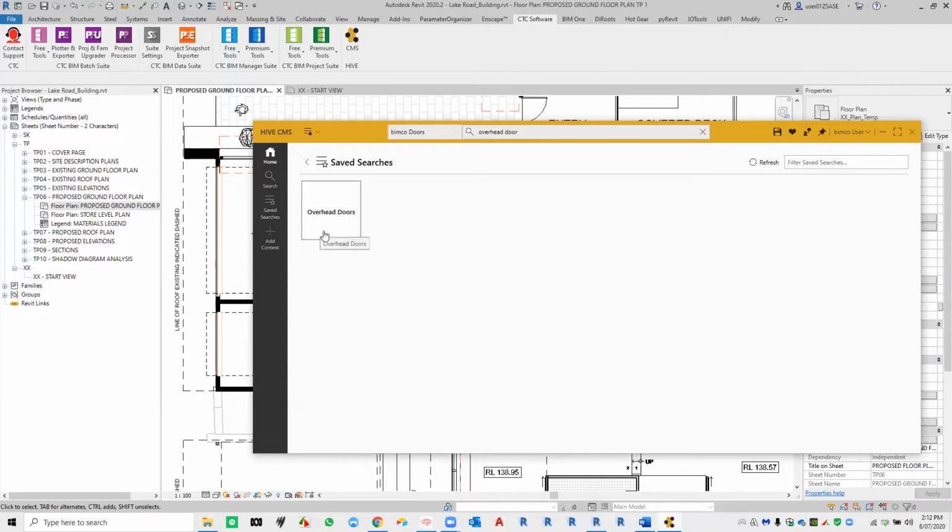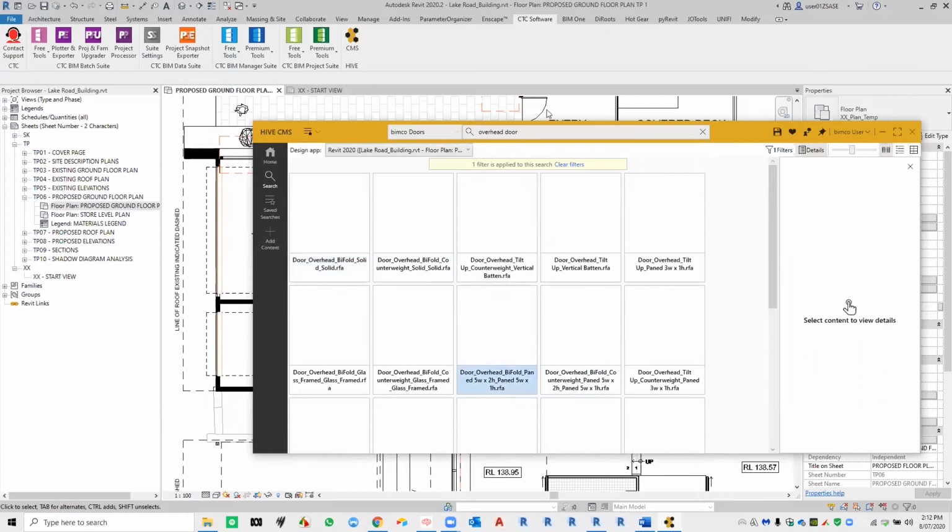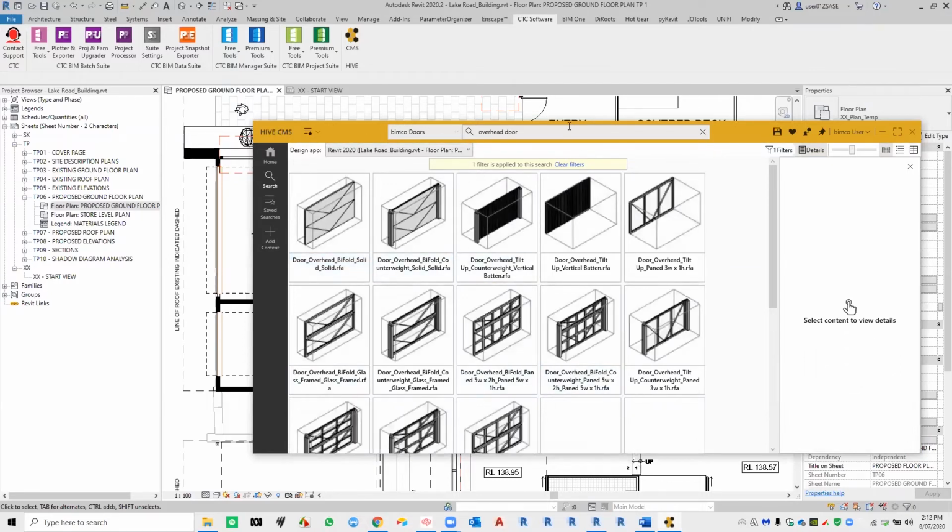So at the moment, this is just a personal saved search. I click that and it runs all of those same filters and things that we had set up before. Okay,